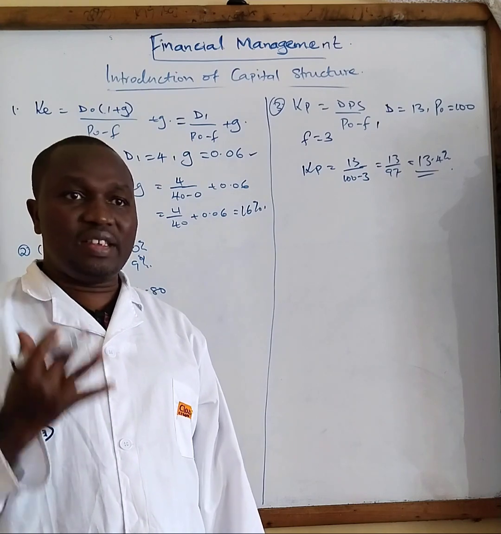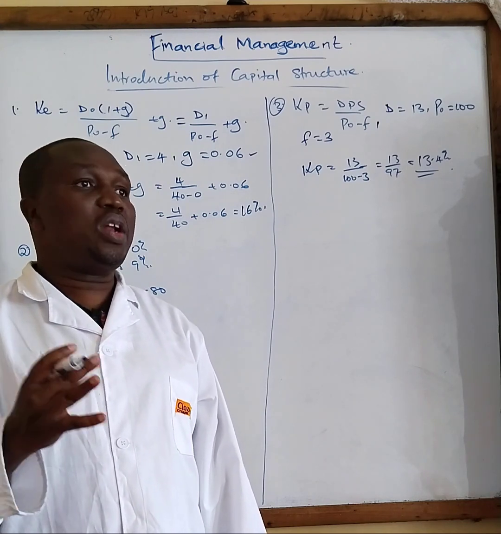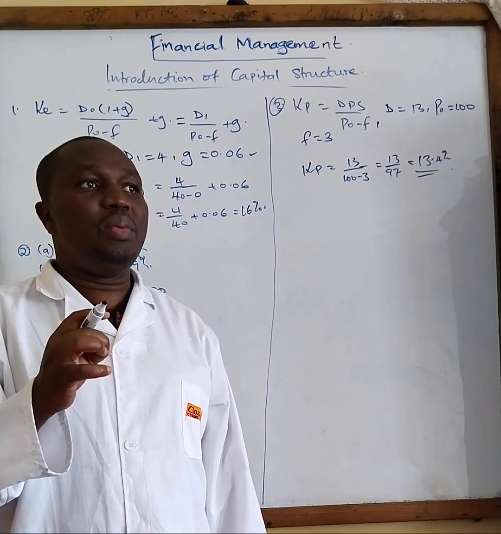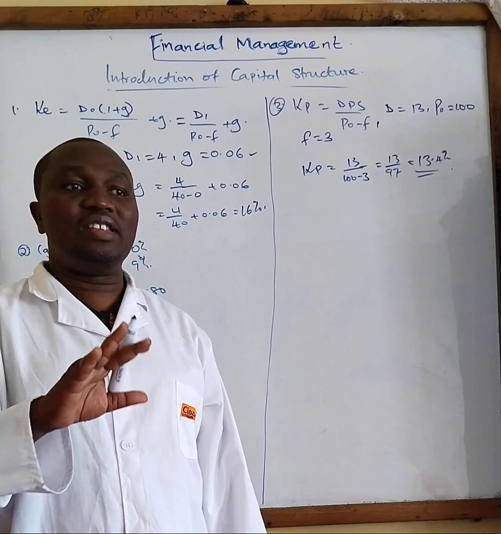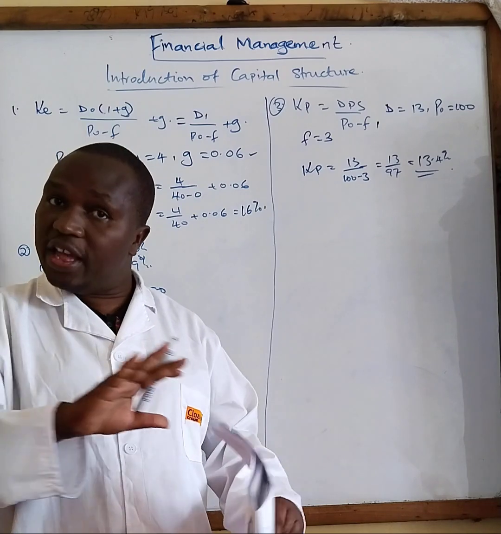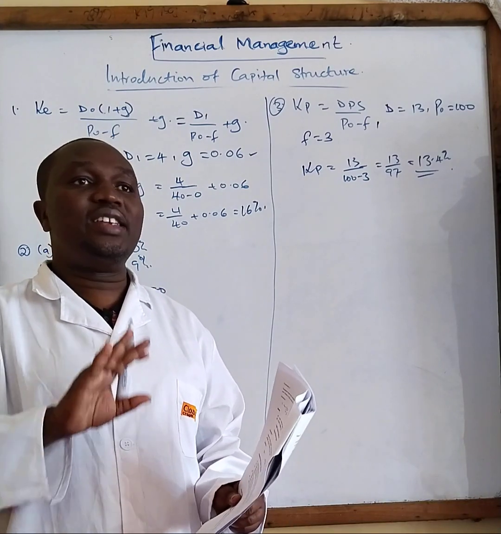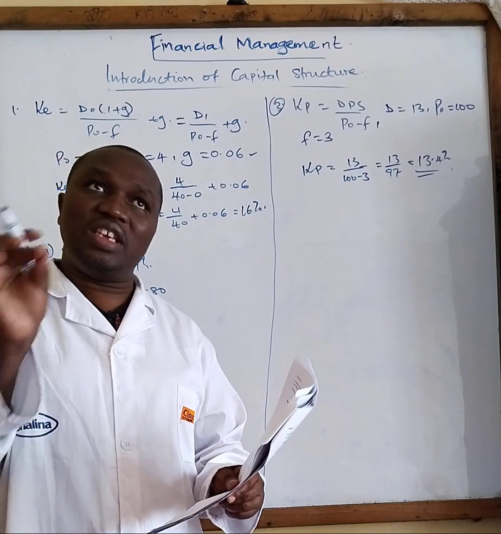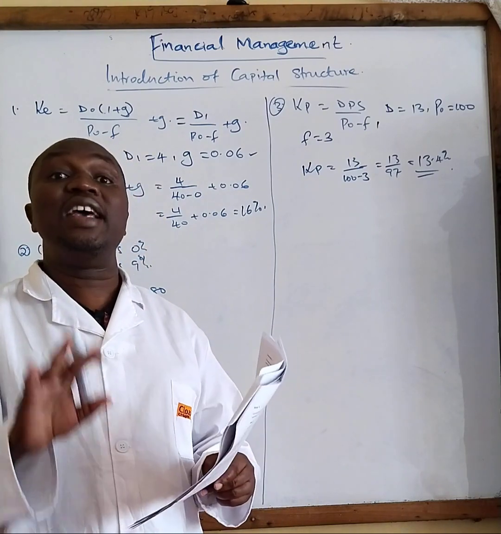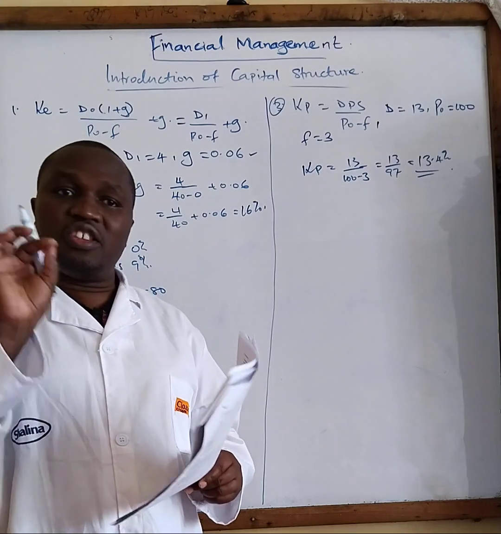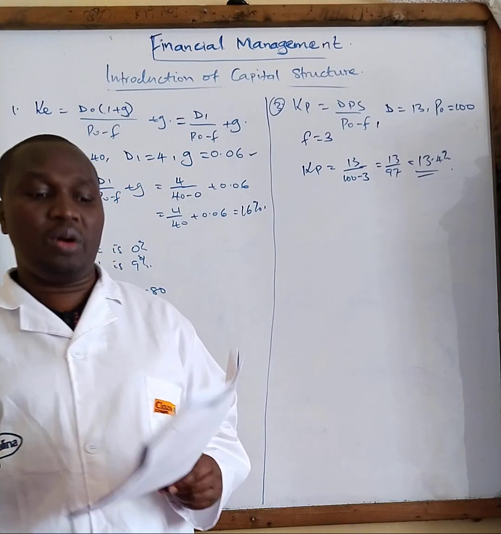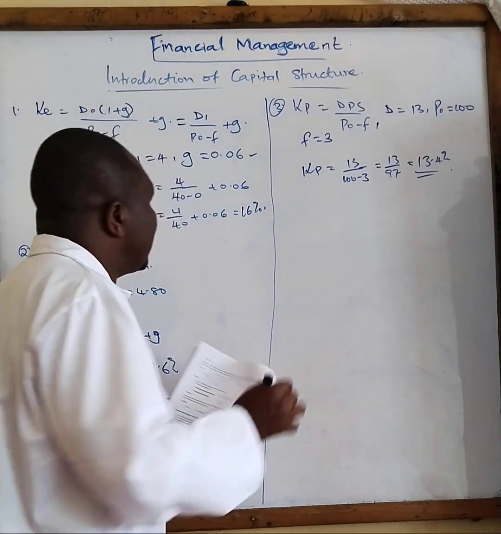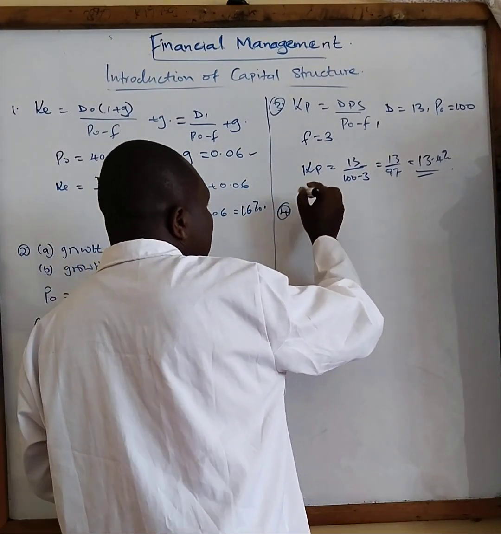Redeemable means you will repurchase it at the end of the period, and that can only be determined by the periods given. Irredeemable means you cannot repurchase it at the end of the period, so there is no end of the period. In simple terms, to identify the two types of debts, you just look at the periods. If periods are given, it is automatically redeemable. If no period is given, it is irredeemable. In this case, you have been told 20 years. Therefore, it is redeemable. For that case, this is example 4, redeemable.